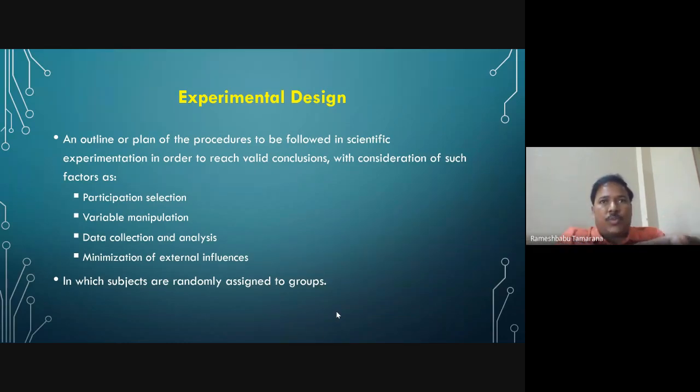The experimental group is the group which gets the high protein breakfast. The control group is the group in which no manipulation takes place. So as I said, subjects are randomly assigned to two groups, and you see the influence or effect of